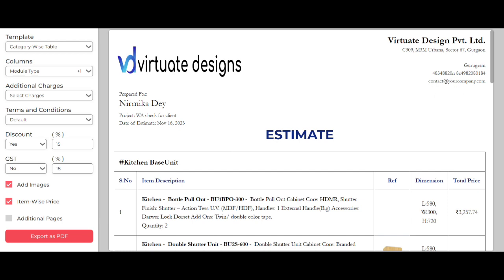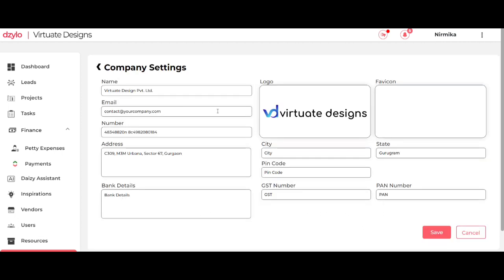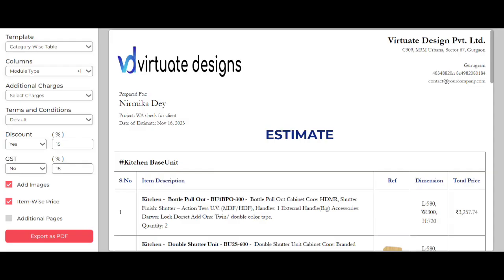So just click on that and you need to add your logo, then company name, email id, each and everything you have to enter and then save it. After saving it, it will display your company data, right? Next is your